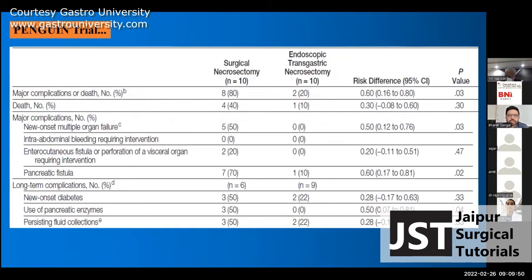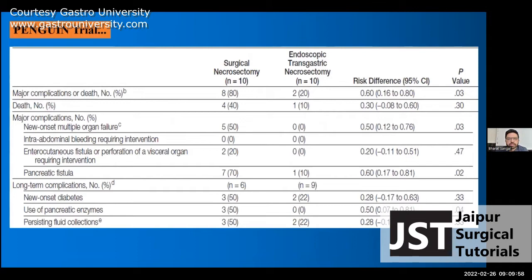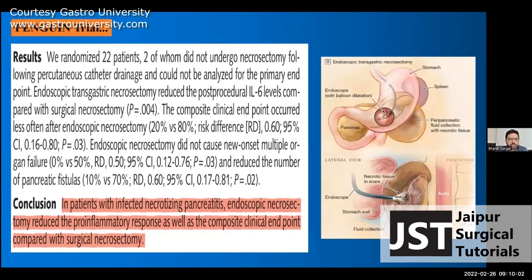So the PENGUIN trial showed major complications in surgical necrosectomy in up to 80% of cases, whereas in endoscopic transgastric necrosectomy only 20% of cases. And they showed that endoscopic necrosectomy reduced the pro-inflammatory response as well as the composite clinical endpoint compared with surgical necrosectomy. I think,